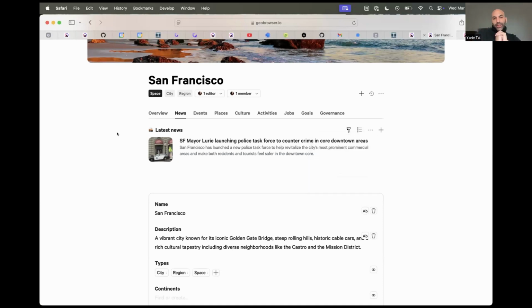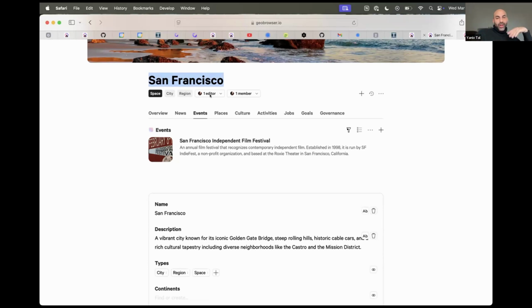Now, one thing that we need to think about a little bit is, as the number of spaces grow, whether you'd expect people to be publishing those things to a particular space or whether content might be published in subspaces or in other spaces. And if you want to enable that, imagine not everybody's going to be publishing events to the San Francisco space. San Francisco is a city. It's going to go through governance. Maybe it's even hard to update things in a larger space. We should actually expect that that'll be the case. The bigger the space, the more prominent it is, the harder it is going to be to get changes